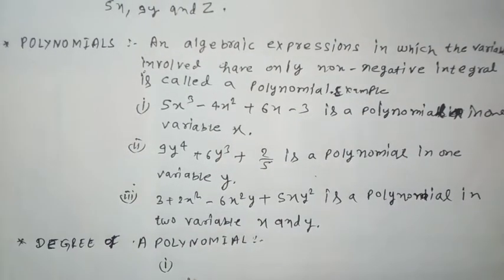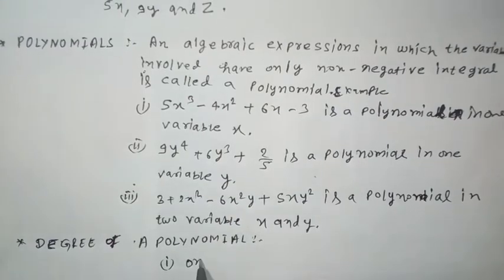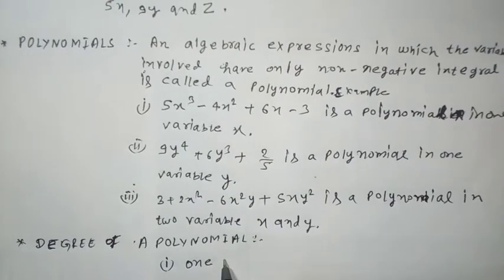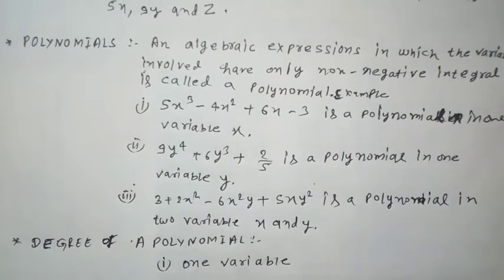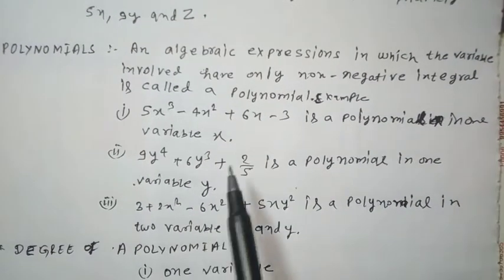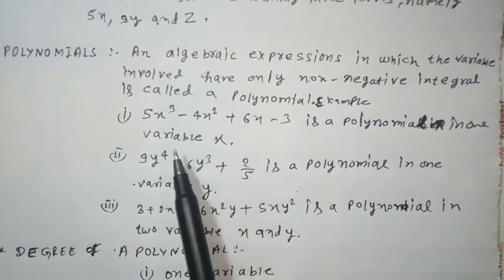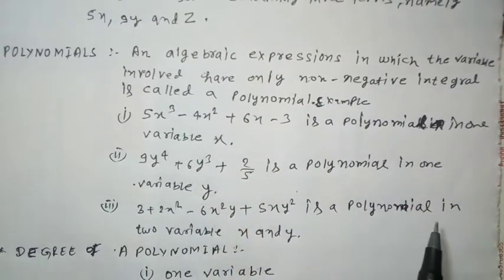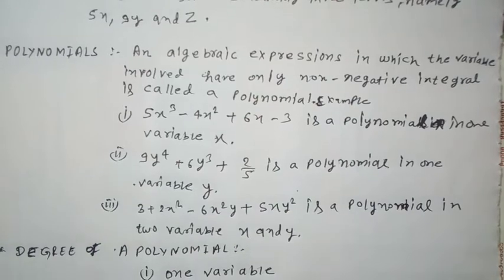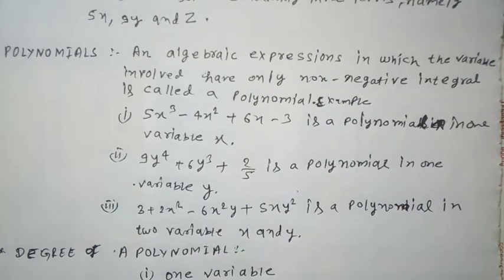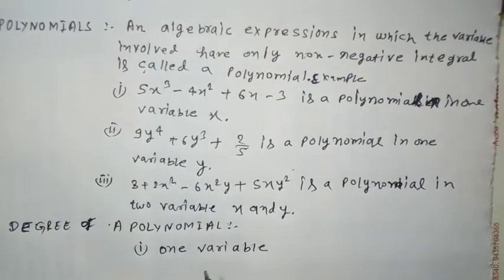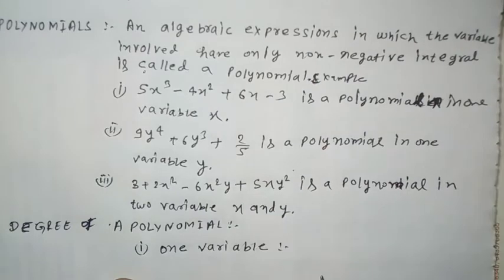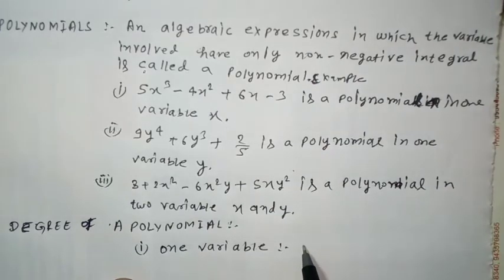Okay, one variable, because if we see one variable and also two variables, the degree of a polynomial is different for one variable and two variables. Okay, first in one variable,